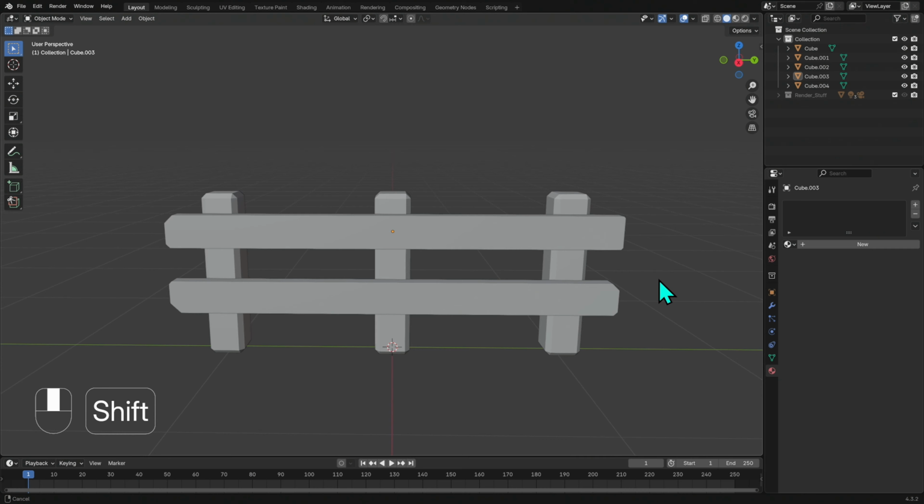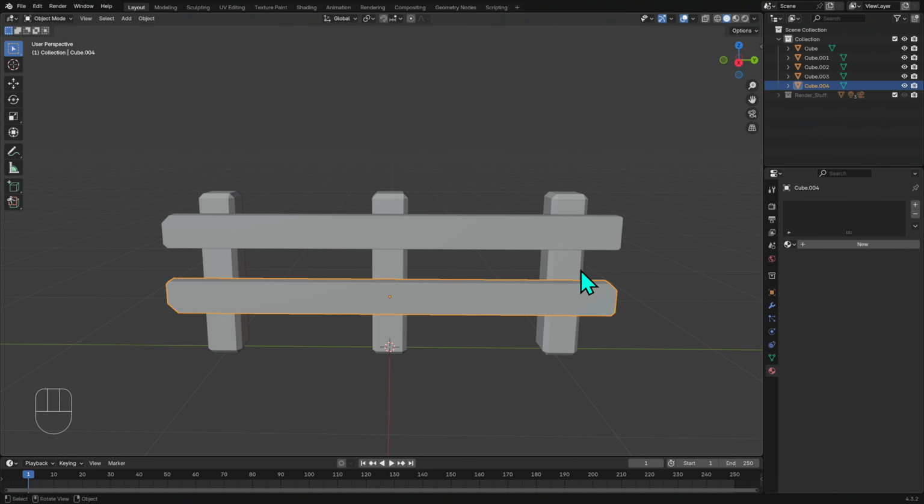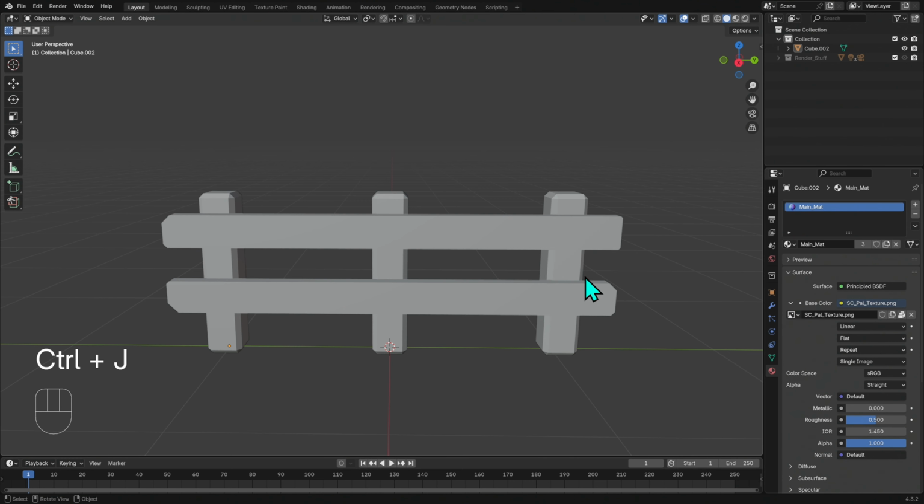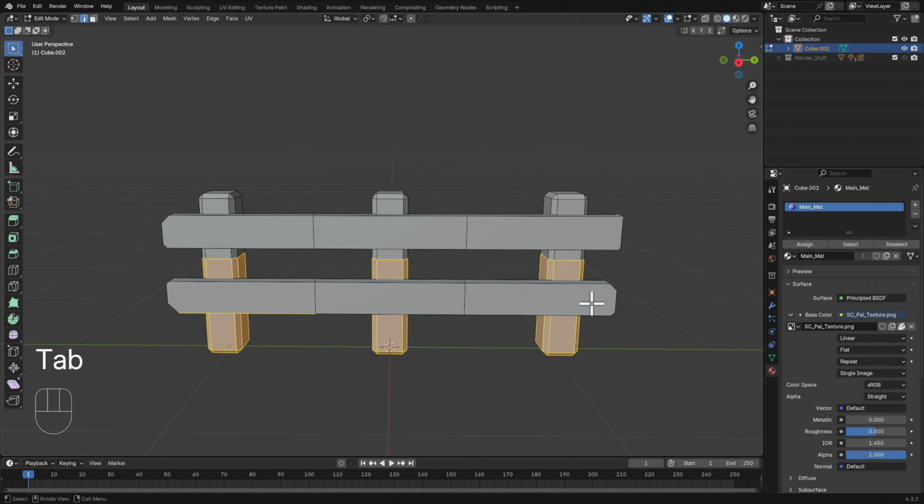But what we're going to do is some fanciness. I'm going to pick all of these and just join them together. Control J to join. So now this is one object. If I hit Tab, I can go into the components of any of these meshes. And I'll hit 1 on the keyboard. And I'll go up here to my